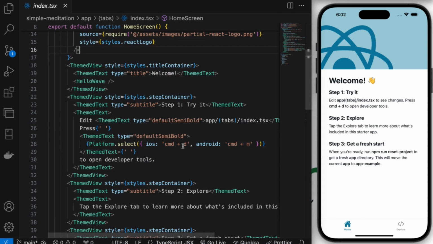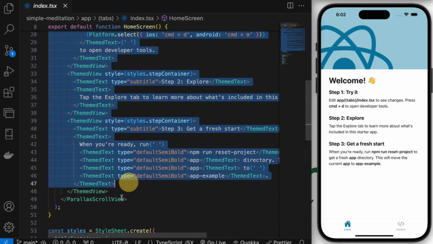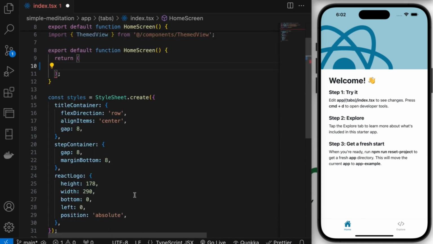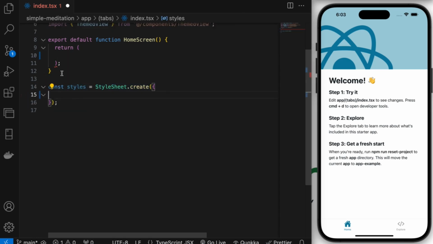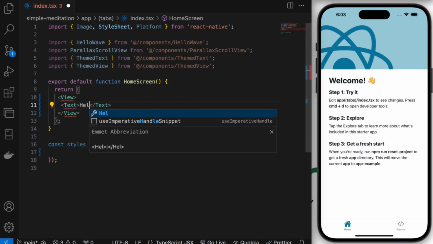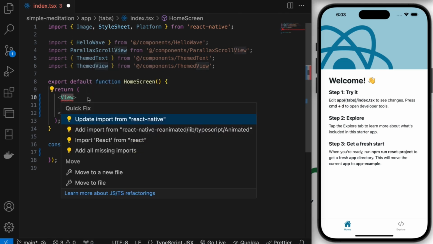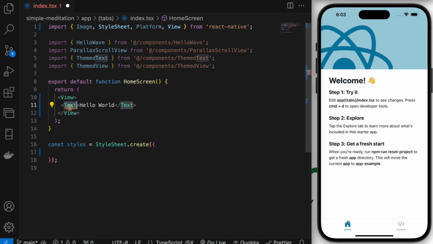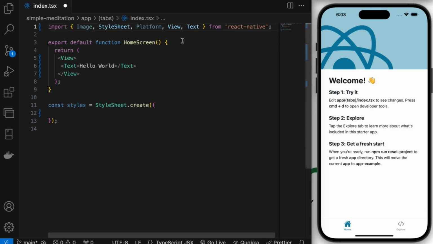Now since it is displaying a lot of content, we want to clear everything out and start from scratch. We'll go through and we'll delete everything. We'll also delete all these styles, view, component, and then text. I'll just say hello world. Now you want to import this, so do Control and dot, update, and also we want to install text. So I'll just manually do that here. And I will remove this because we aren't using those components. Now if I save it,